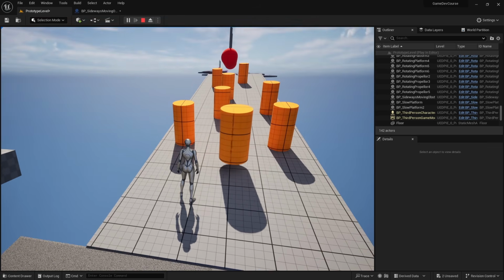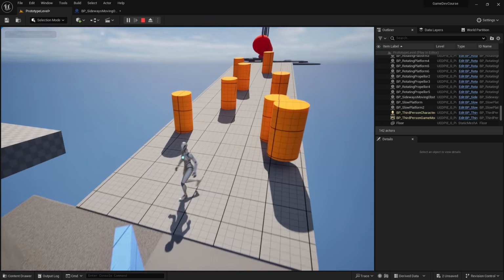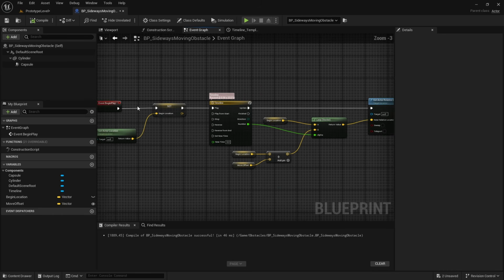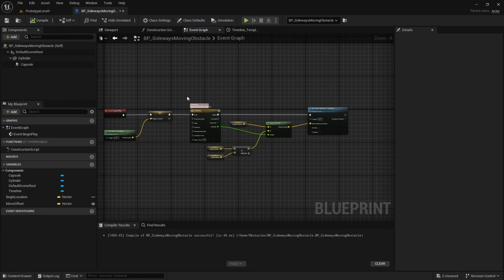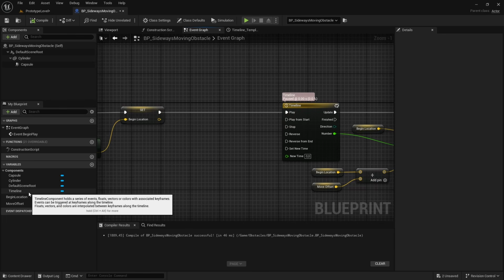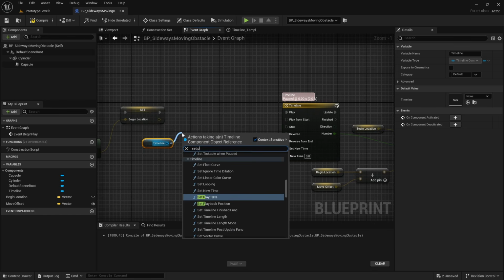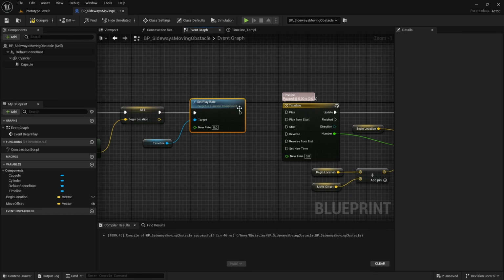There we go. It is moving. However, it's going a little bit slow. This wouldn't really be a challenge. Now, what you can do to make this timeline faster is before we do the timeline, you see we have this timeline variable under our components tab. So if we drag that in and we say set play rate, we can basically determine how fast this timeline